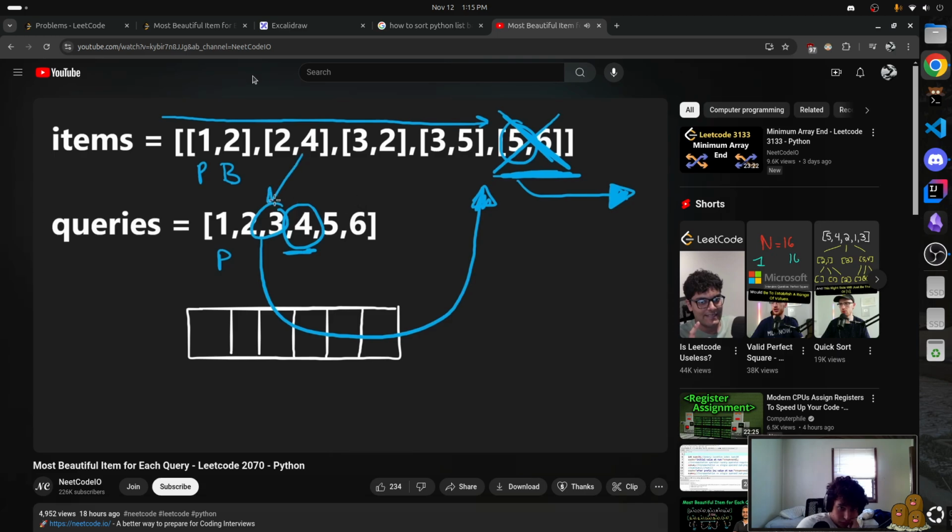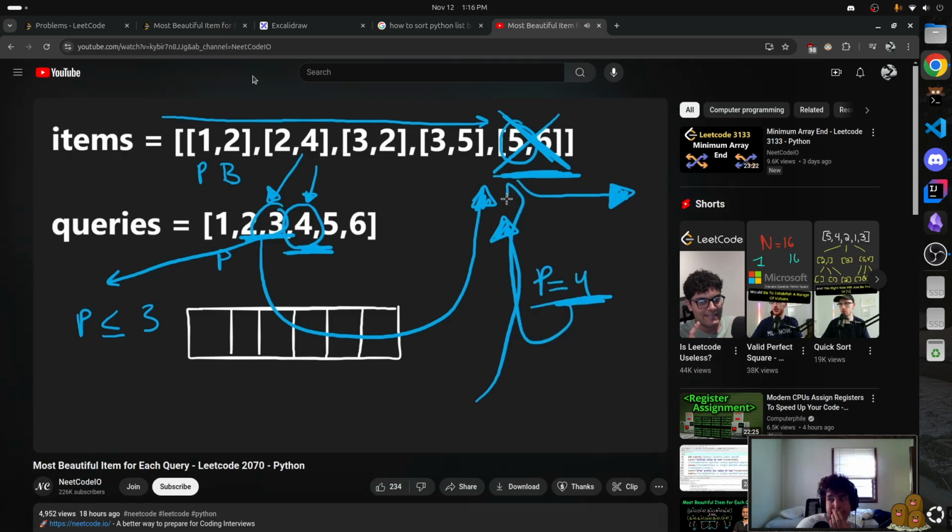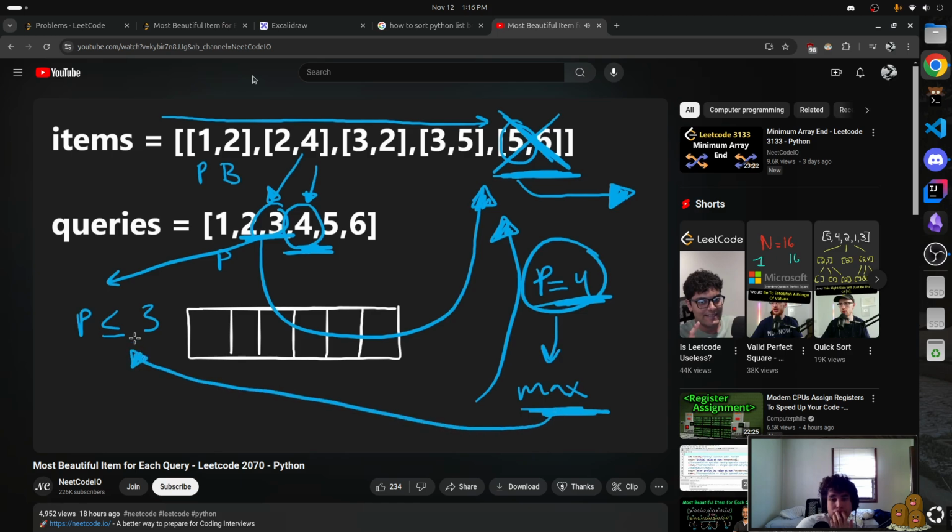still, I would definitely want to answer the 3 query before I answer the 4 query, because the 4 query can actually be answered more easily if we've already answered that other query, because we already did all this work. We already found the max possible beauty where the price is less than or equal to 3. So now I only have to scan through the items that have a price exactly equal to 4. If any of them exist, in this case they don't, and if they did exist, I would have found the max of them. Now, that max wouldn't necessarily have been greater than the max where the price was less than